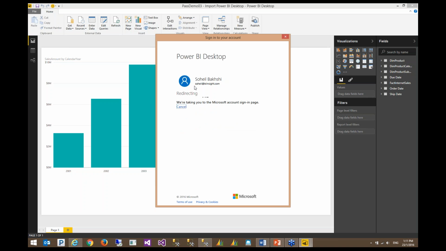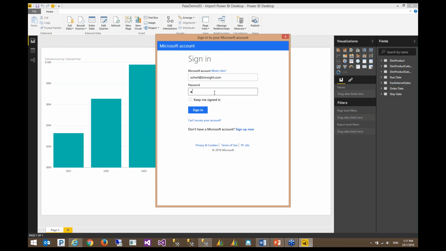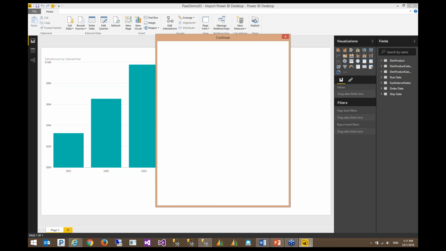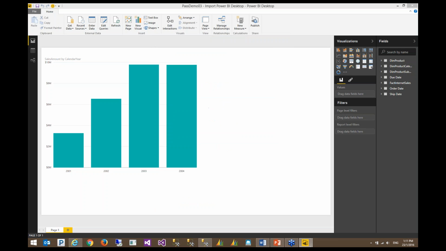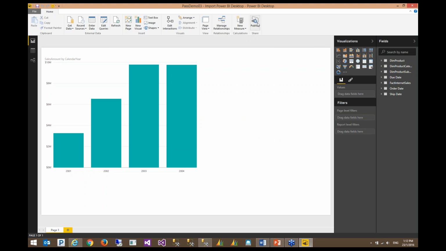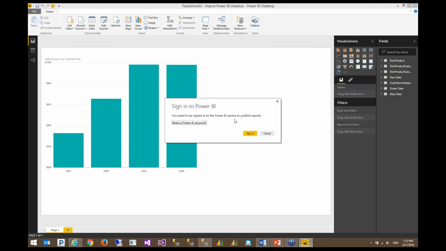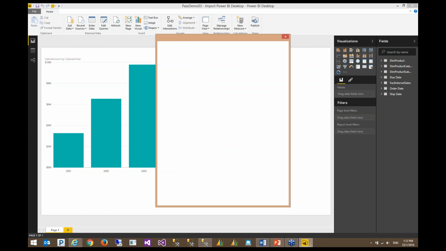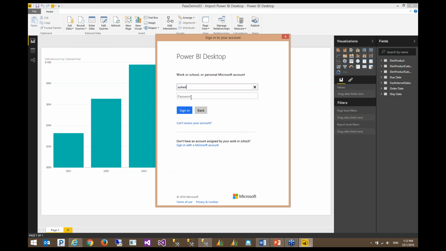But I'm going to connect to my work account. See? This is the error message that we get. So the first one presumably was my personal account. Okay. I need to re-log in. Yes.